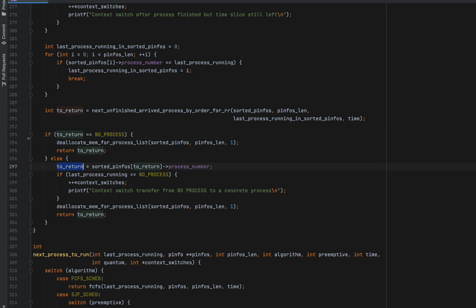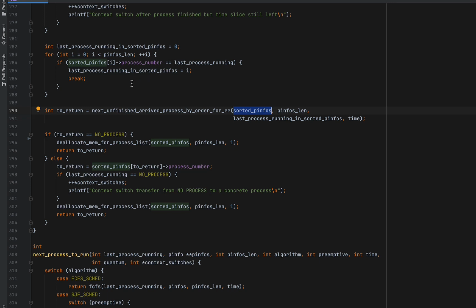Else, we need to make sure that to return is actually an index into the original p-infos array. We passed the sorted p-infos array, and the last process running in sorted p-infos, which we got from this loop, into this function. So naturally, the to return number that you get is an index into this array, not into the original p-infos array.